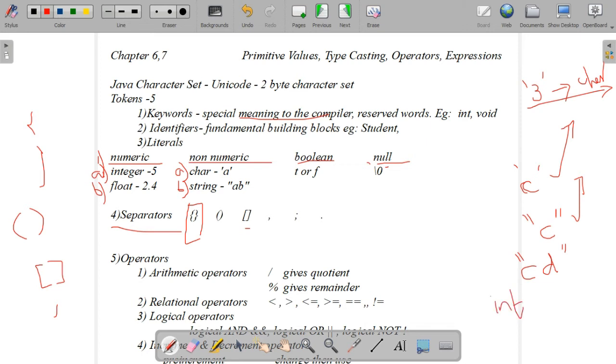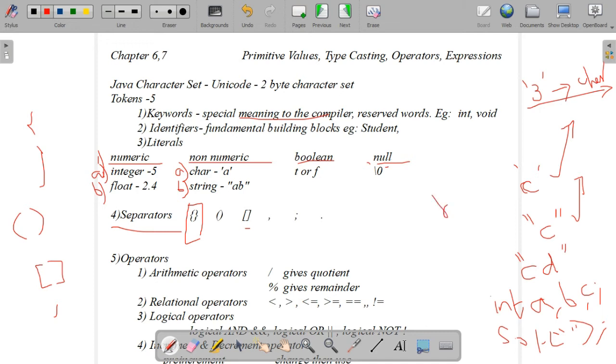Comma is used as a separator when we need multiple initialization, in the case of int a, b, c, d. For the same data type we write a, b, c like this. Here we are using the comma. Then semicolon is used to terminate each Java statement. In System.out.println, you are giving a message inside double quotes, then terminating with the semicolon. Then dot is an operator, the period or dot operator, used to access a value.